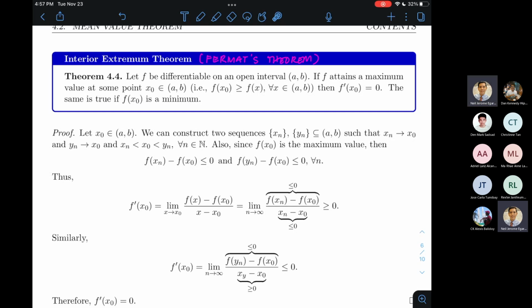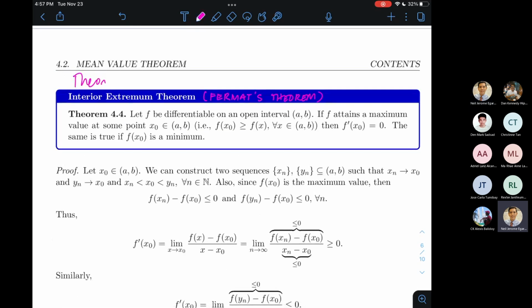Okay. Parang yung Theorem 3.7, which is our version of the extreme value theorem. Sometimes I call it the Weierstrass, or actually most of the times I call it the Weierstrass theorem. Okay. Not to be confused with Weierstrass's first approximation theorem in numerical analysis. Pero minsan mas madali silang tandaan by these names. Lalo na yung Theorem 4.4. Okay? So from now on, I will refer to Theorem 4.4 as Fermat's theorem.